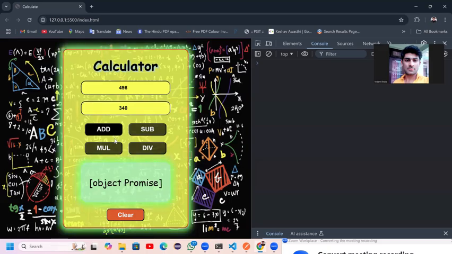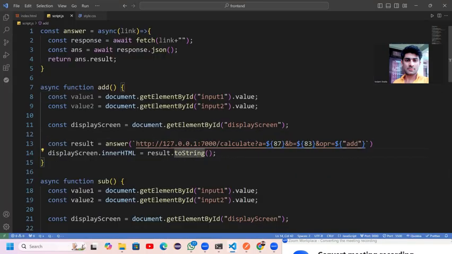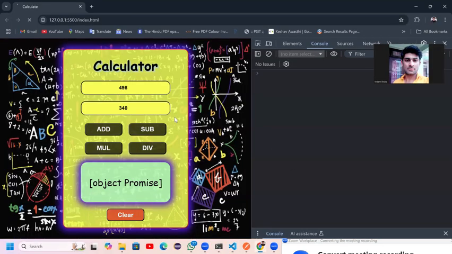I will do add, and here I am getting an object as a promise. Okay, so why am I getting this as a promise? Because the answer function contains the asynchronous function, which is actually an asynchronous task, and to receive the answer of an asynchronous task I have to write here await. Okay, so when I write await, अब मुझे प्रॉपर रिस्पॉन्स आएगा. तो अब मैं क्या करूँगा, 489 एंड देन